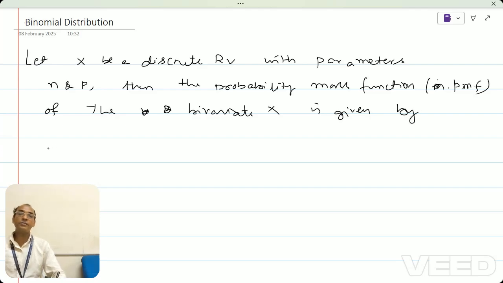So this binomial variate means the random variable which follows the binomial distribution is given by